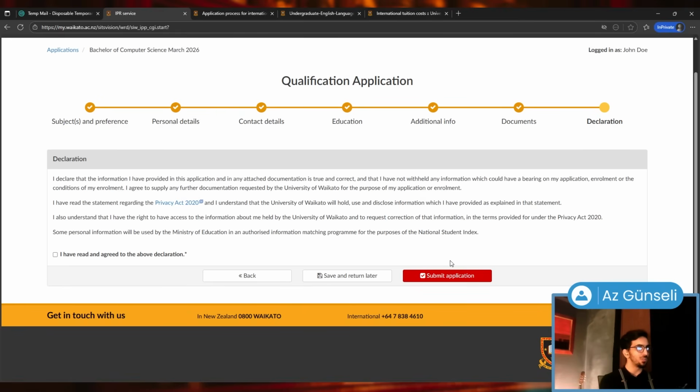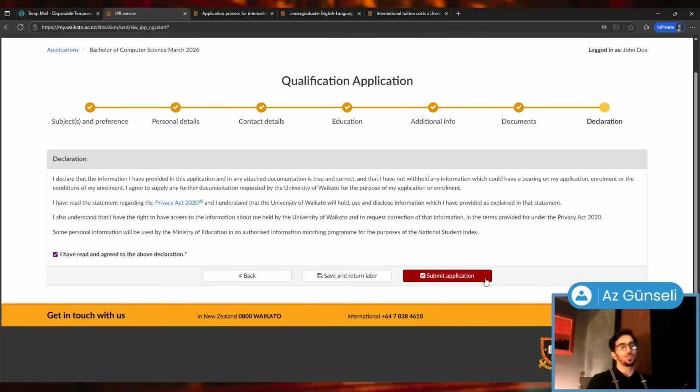I've read the statement regarding Privacy Act, etc. I also understand that I have the right to have access to the information about me held by the University of Waikato and to request correction of that information in the terms provided, etc. You understand? We check I have read and agreed to the above declaration, and then we click on submit application,